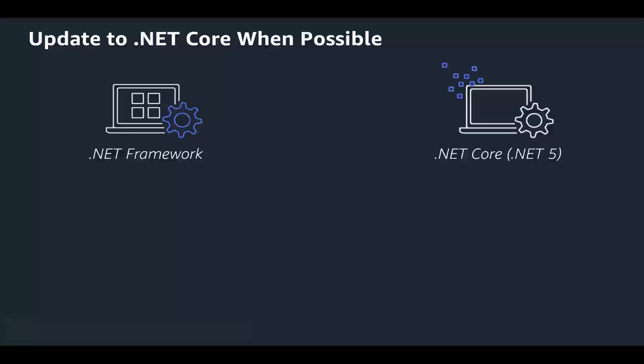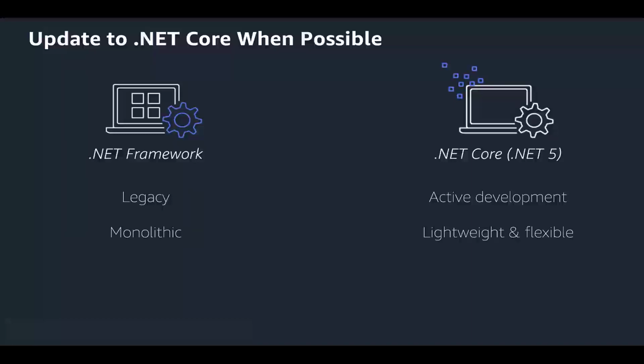Let's go over 3 major advantages of .NET Core. In 2019, Microsoft announced that the current version of the .NET Framework, version 4.8, would be the final major release. The .NET Framework is still receiving critical security and reliability updates, but it won't receive new features or improvements. All new development is shifting to .NET Core.